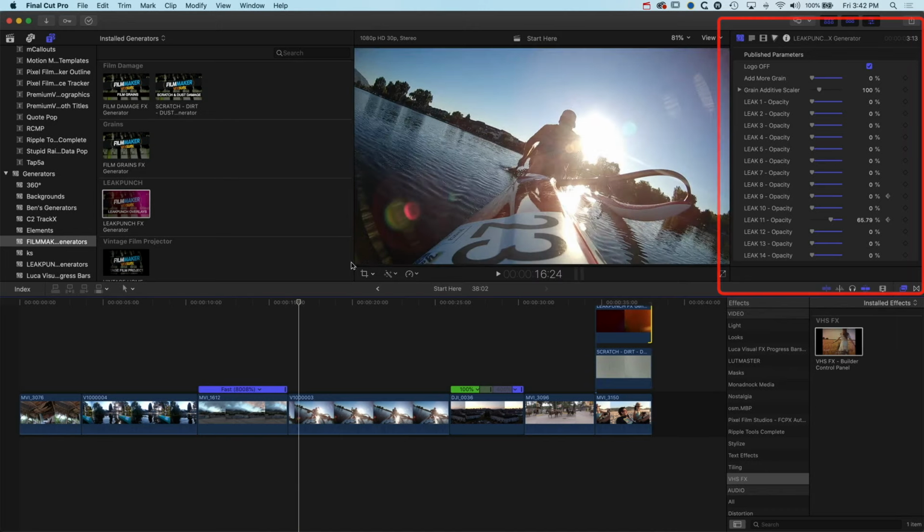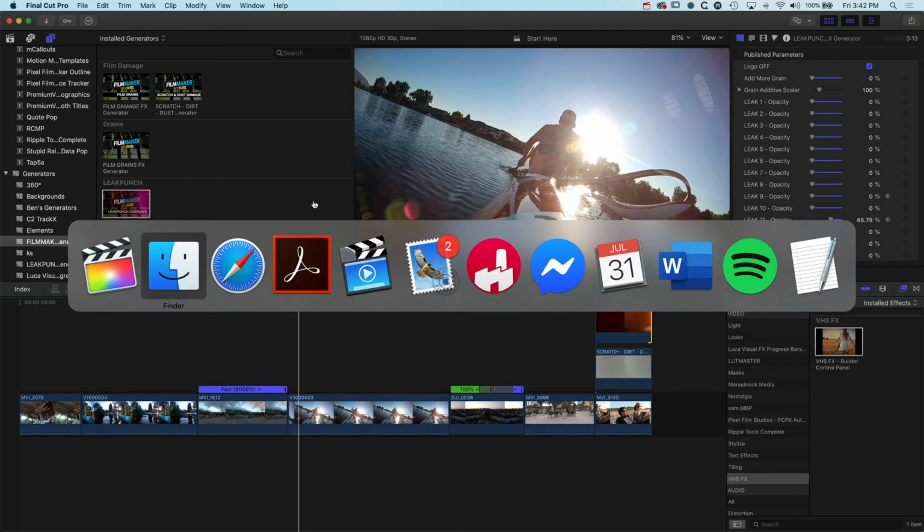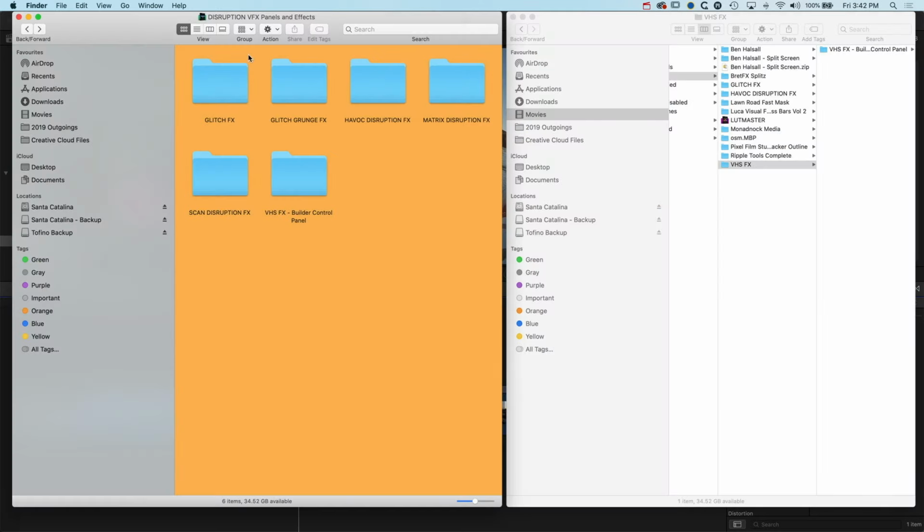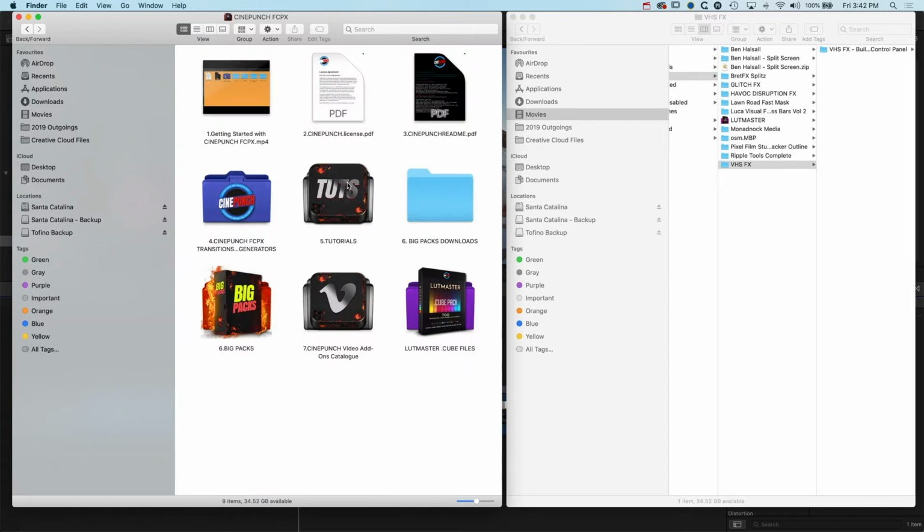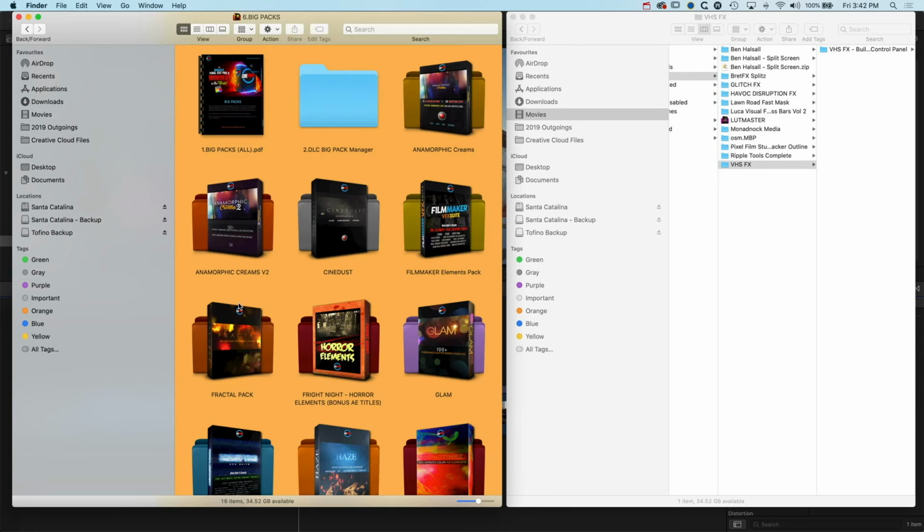So let's have a look at a couple other things here. If we come back to our folders, you can see in these folders as well, if I right click here and come up to my CINEPUNCH FCPX options, we've got these big packs. These big packs are a little bit different to the standard plugins you might be buying for Final Cut Pro 10. Basically in these we have a series of links and downloads to different video elements that we can include